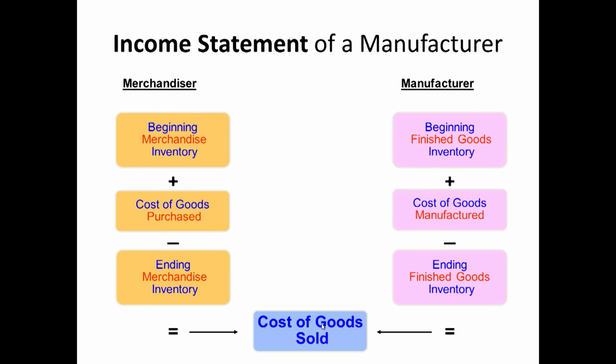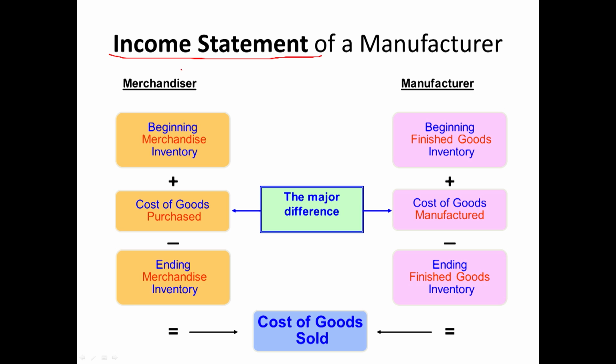Okay, now we talked about how the balance sheets differ between the merchandiser versus the manufacturer. Let's talk about how the income statement differs. Okay, first of all, let's take a look at a merchandiser. How do you compute cost of goods sold for a merchandiser? Well, it is shown here, and actually, I think I kind of want to do this separately on the Elmo. So let's do that, okay?